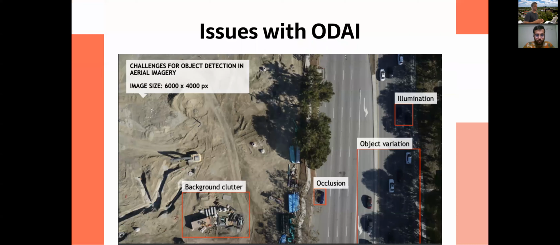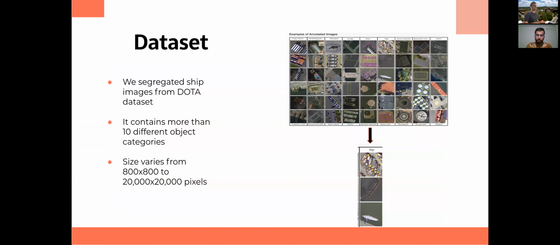This image comprises some of the major issues that you can have with a typical aerial image when trying to do ODAI on it. You could be faced with the issue of varying illumination, occlusion, and background clutter, which can totally affect the overall accuracy of your model. This picture basically shows us how difficult it is to do object detection on these aerial images, but at the same time, this is what makes it interesting as well.